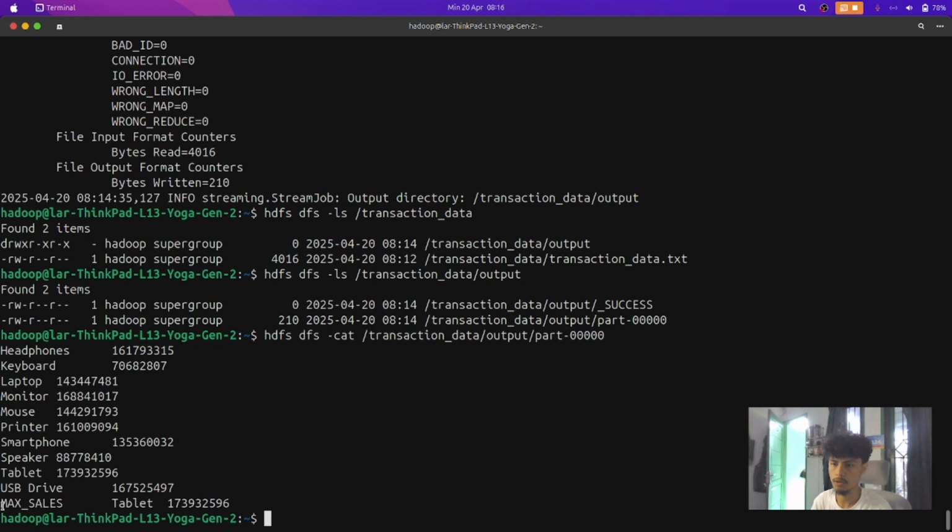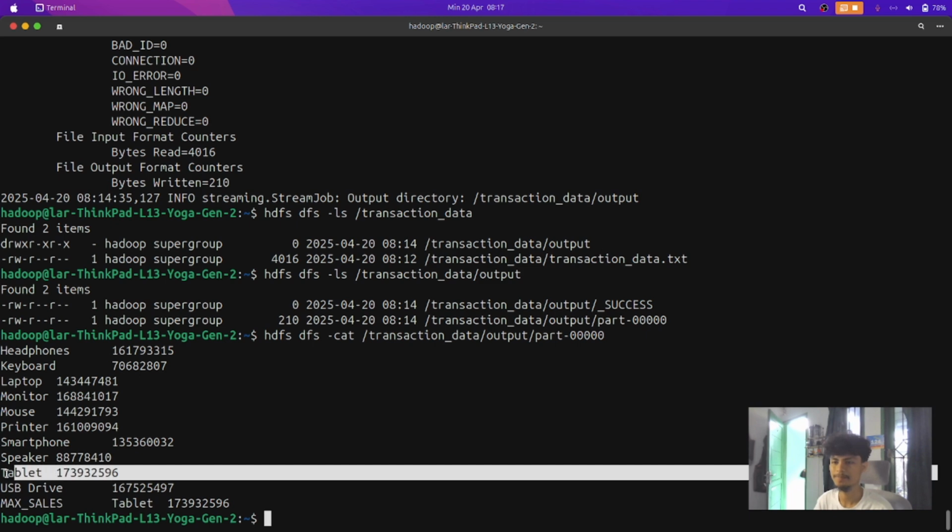The most transactions are for tablet, with 17393 and 2595. This is the tablet, with the most transactions. And then that is the result. Thank you.